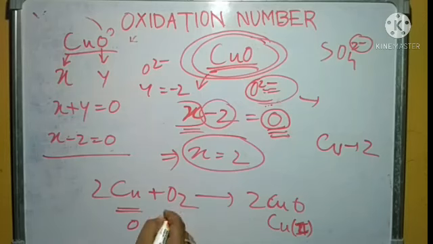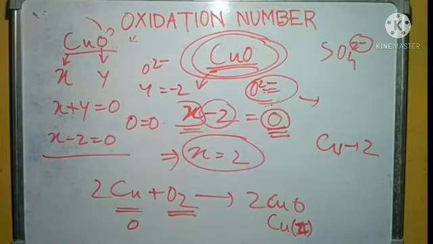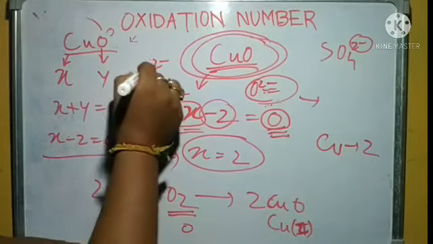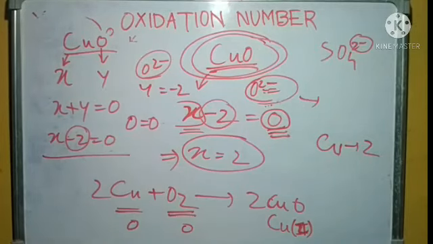In the case of oxygen also, here you can see oxygen is present as a covalent compound. What covalent compounds and ionic compounds are, you will learn. So here the oxidation state of oxygen is 0. But in this case we are seeing that oxygen from the oxide ion has a -2 oxidation state. So the oxidation state of oxygen is 0 on the reactant side,